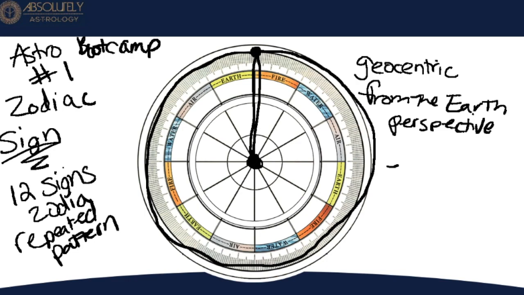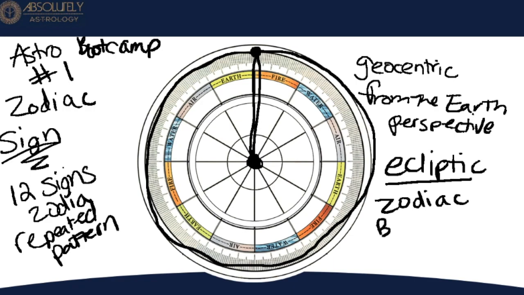And the sun's apparent path is called the ecliptic. So you'll hear this a lot. But the Zodiac, the band of animals, isn't the ecliptic. It follows it, and it traces the sun's journey from the perspective of the Earth,